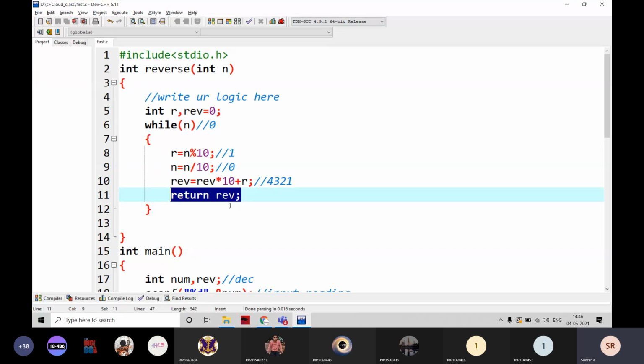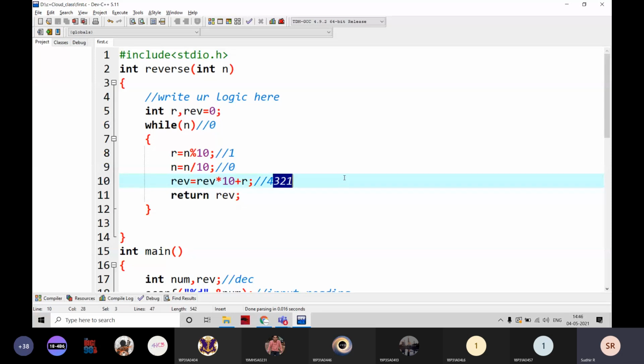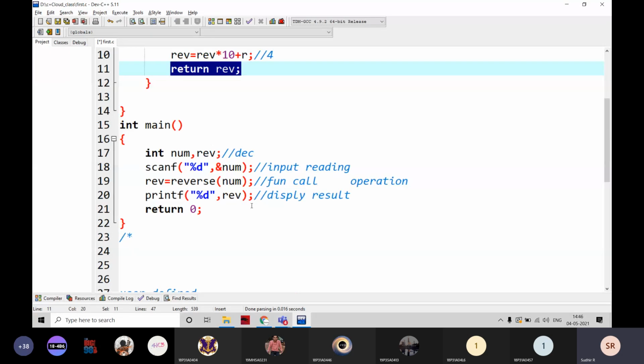It never stays in the function definition. It is moving back. What is REV? First of all, REV is 0 into 10 plus R, then what is the REV value now? 4. Then it returns 4 from here to here.